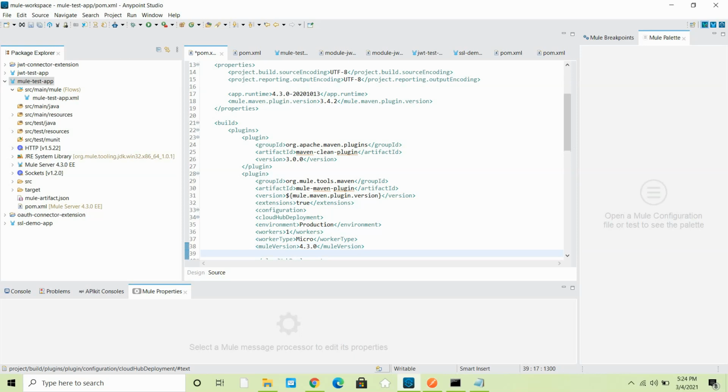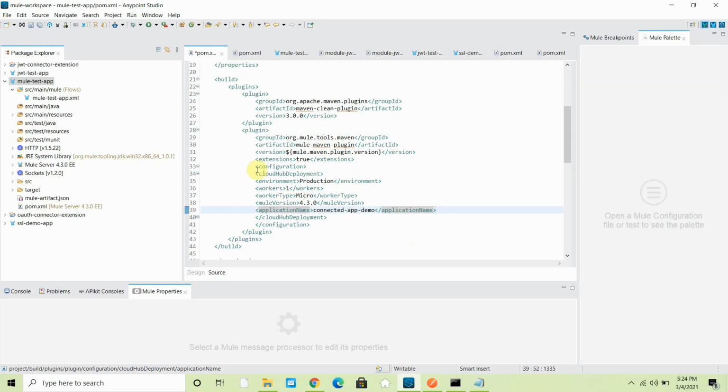Then I can say application name, connected app demo. So these are the parameters we need to specify: environment, workers, worker type, Mule version, and application name. Apart from that, you can specify region or business group, but in my case I want to deploy the application on the default region.